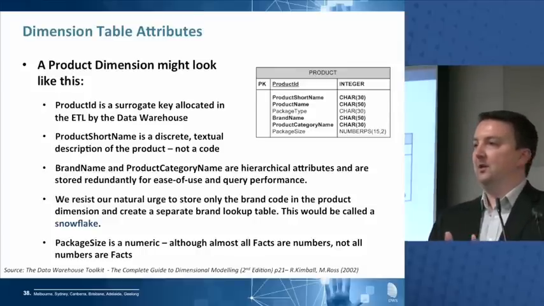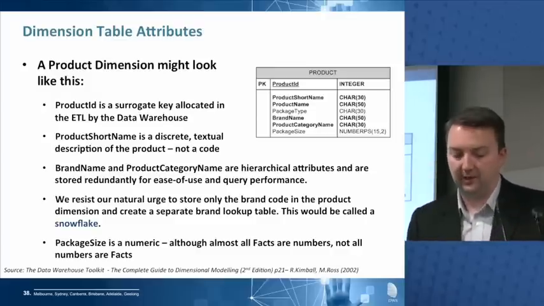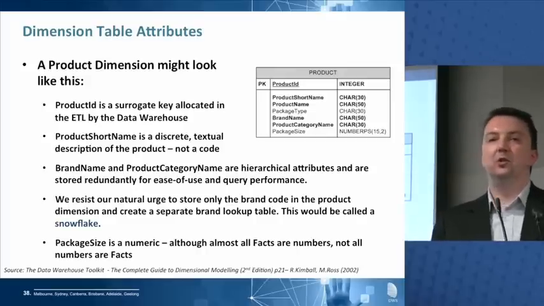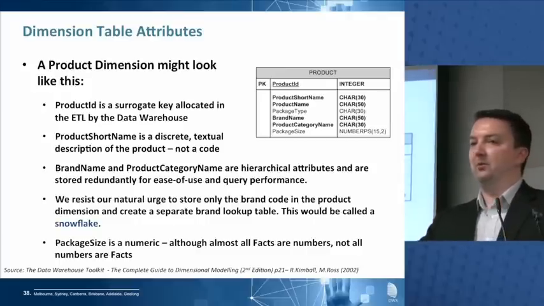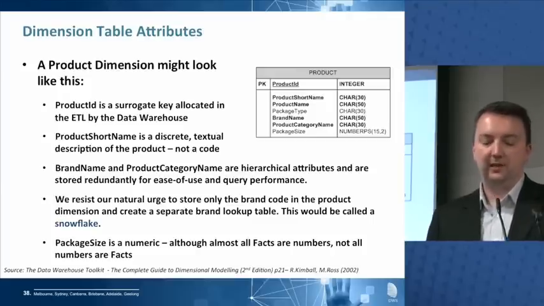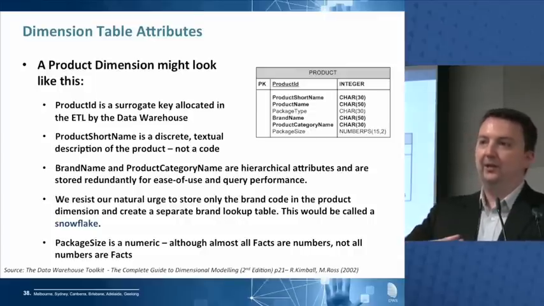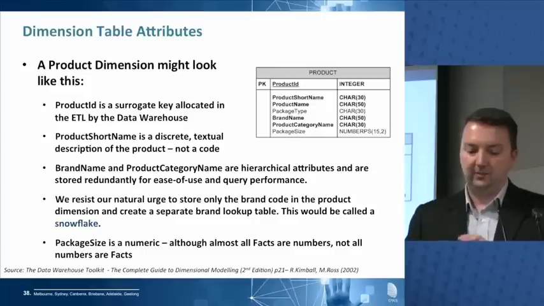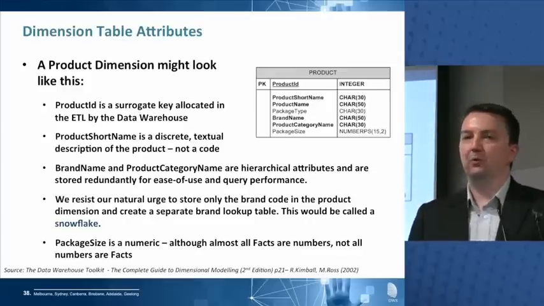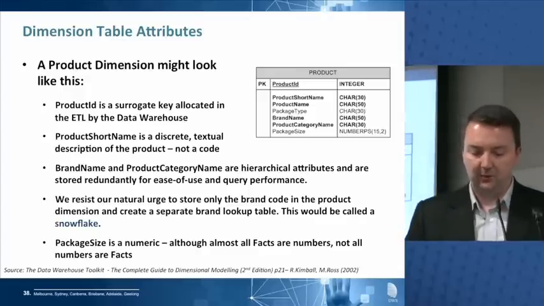Okay, that package type might be the same for a lot of different products. It's hierarchical. Products sit within brand. Products sit within package types, and we resist the urge to normalise this. We don't take brand and put it in a separate table. We don't take package type and put that in a separate table. That's called snowflaking, and that will get you in trouble with Ralph. Right? We collapse it all down into a single dimension table. This is an example of denormalisation, which if we grew up in an operational source system world, we would know as bad, but in a data warehouse it's good because it makes our queries faster.